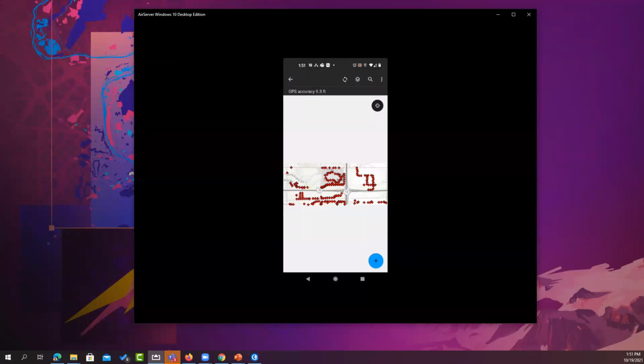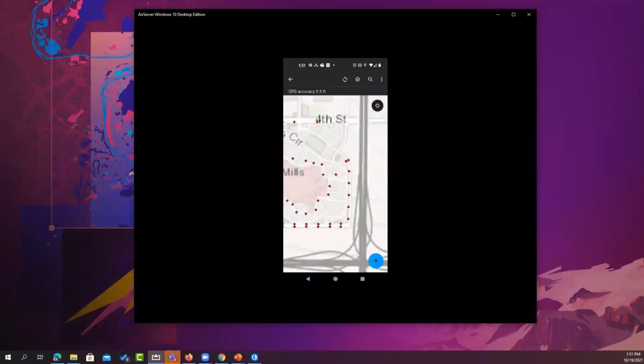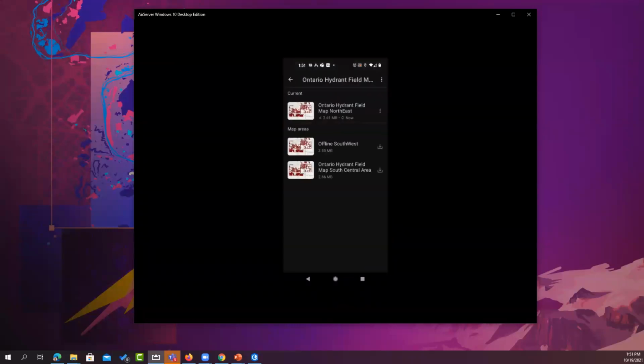So not all of the features and not all of the base map has been put on the phone on this device. It's only the ones that I created in this offline area. Okay, so that's all pretty cool. So very handy. And let's put this away